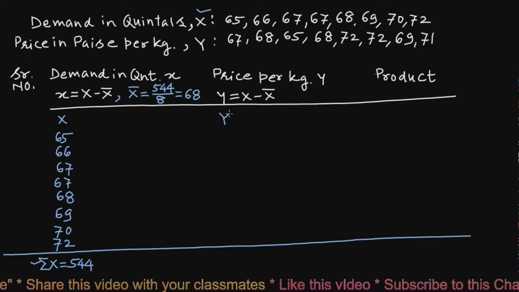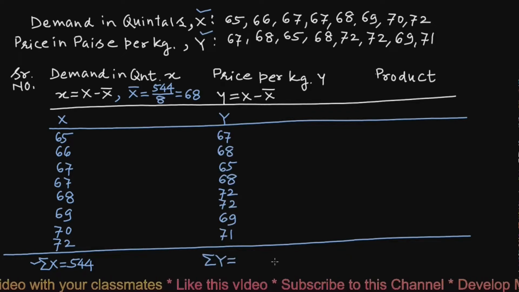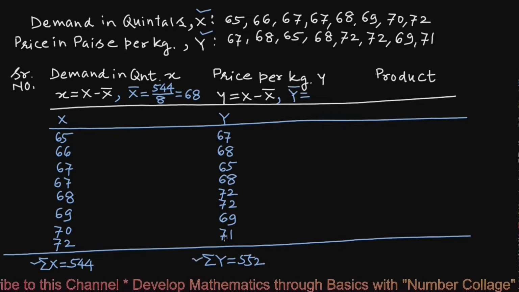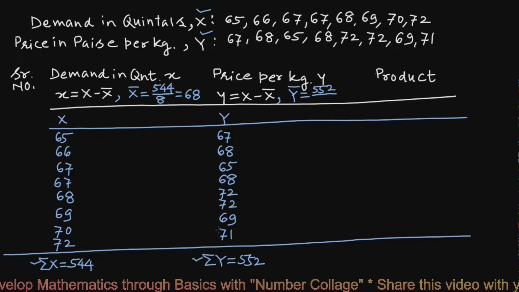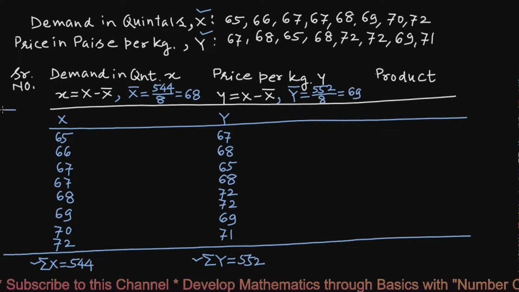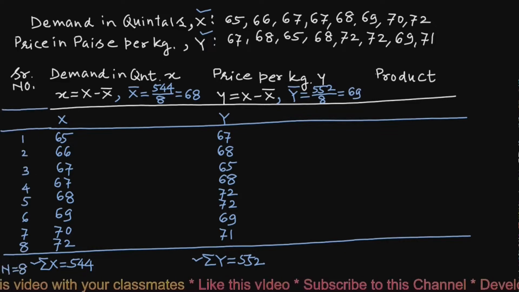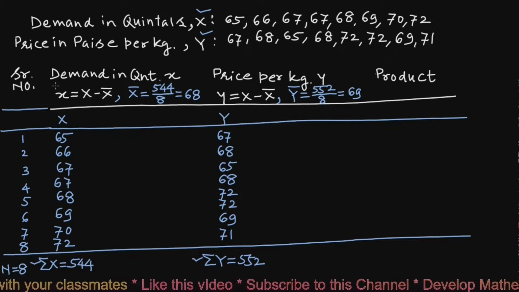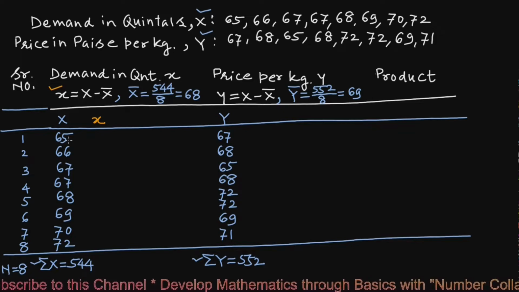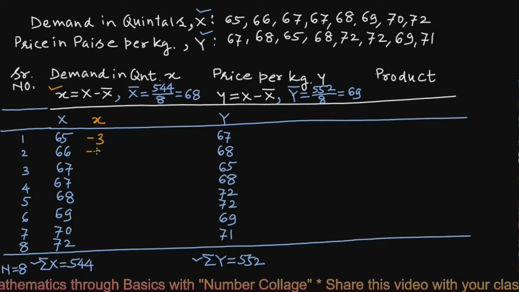Similarly, we will write values of y from here and write summation of y equals 552. We find y bar equals this summation of y 552 upon number of values of y 8, that will be 69. The serial numbers will be 1, 2, and the value of n will be equal to 8. Next we will write the values of x, which will be obtained by x minus x bar. So the first value will be 65 minus 68, minus 3, and the rest of the values will be